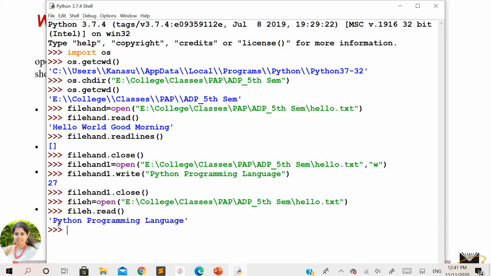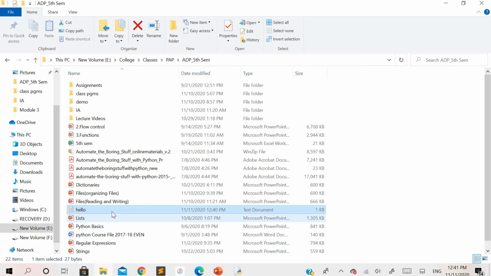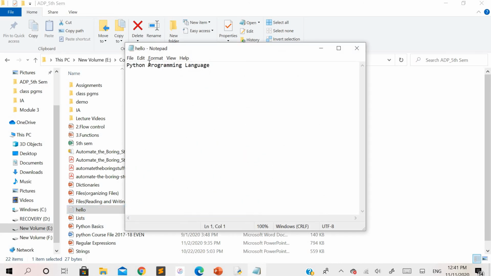You can see here the content that you have newly written has overridden the existing content. Let us check it with the file itself. Earlier I showed you the same file where the content was hello, good morning.